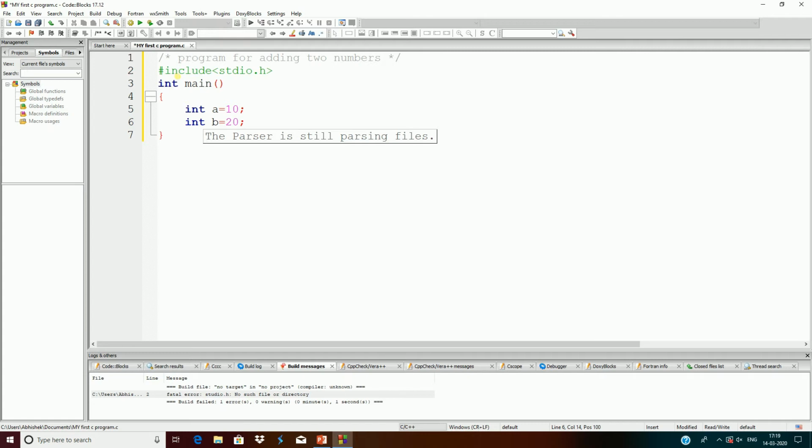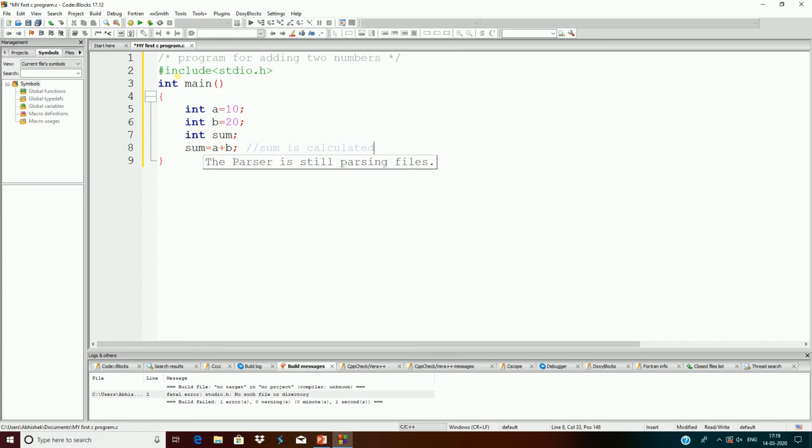Now we have to create another variable to store the sum of these two numbers. So int sum semicolon. Now what we have to do is add the two numbers. Therefore we write sum equals a plus b semicolon. And also put a comment here, sum is calculated.